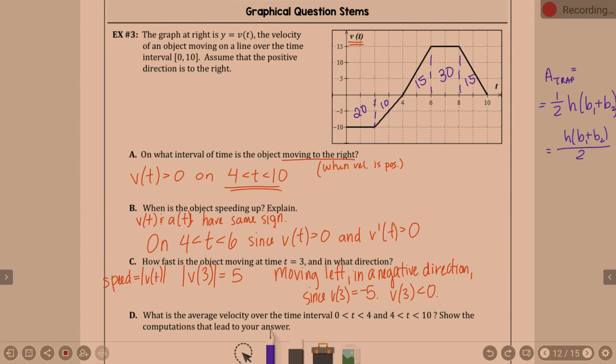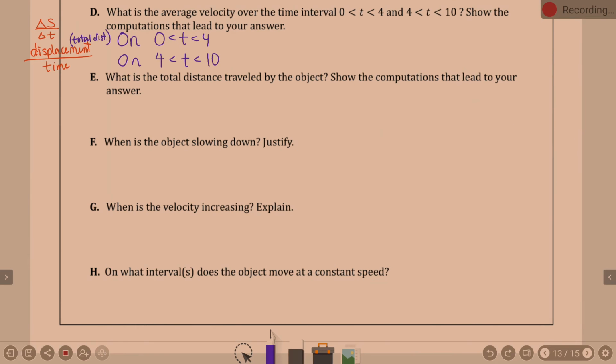So I see a 30 and 2 15s. Yeah. Trapezoid would have been 6 plus 2 is 8, plus 2 is 8. Half of 8 is 4 times the height of 15, which is 60. Okay. So, with this all in mind,